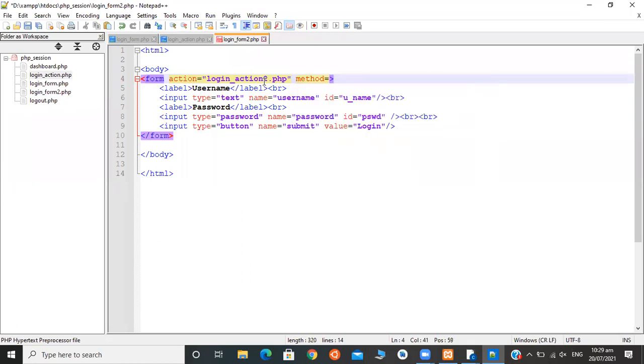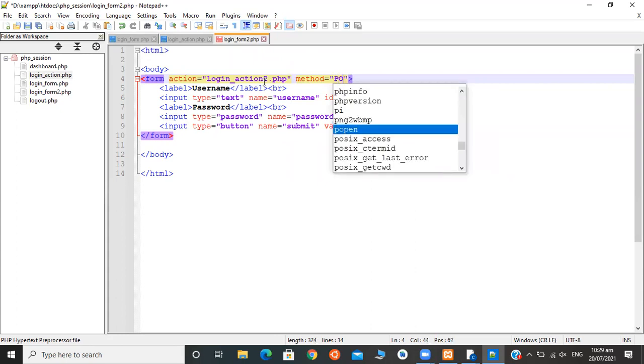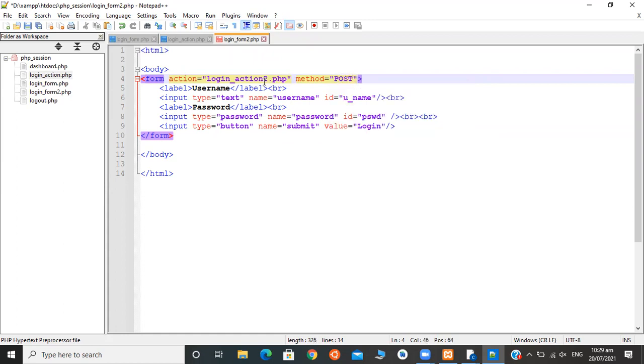It represents the way to send the data to the server. So we are using here post. Post and get are the methods used in PHP to send data on the server. Okay. So we have used here post.